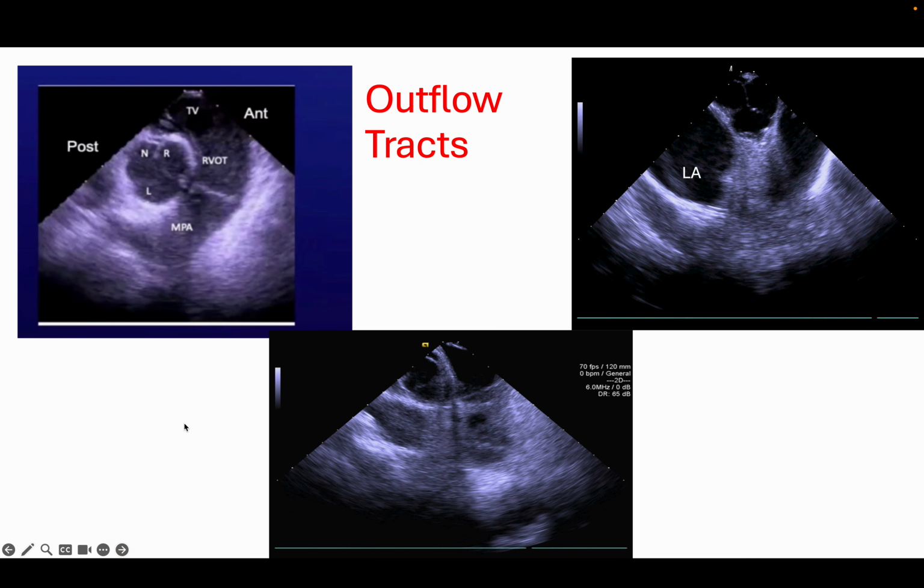Moving on from there into the outflow tracts, which are crisscross. Typically, in normally related great arteries, both the outflow tracts cannot be seen parallel to each other. Here it is the aorta, or the aortic root, in cross section, along with the RVOT and the main pulmonary artery in longitudinal section. This is the posterior wall of the RVOT, which shares the wall with the right coronary sinus of Valsalva. Again, this is the anterior wall of the